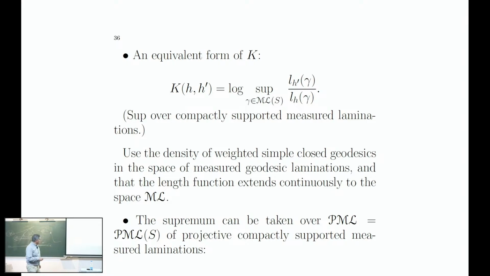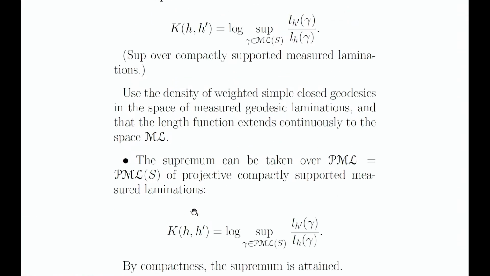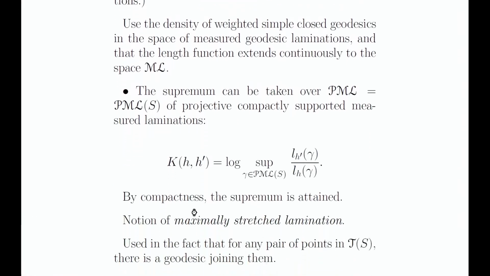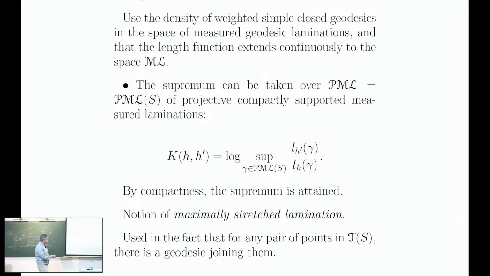So here is what I'm saying: the supremum can be taken over projective compactly supported laminations. Instead of ML, I have a projective ML. By compactness, the supremum is attained, and then